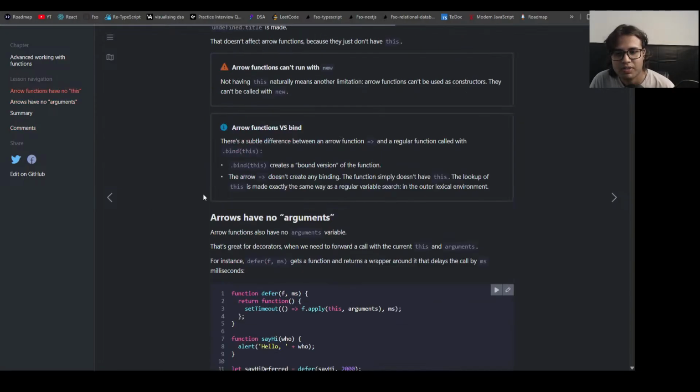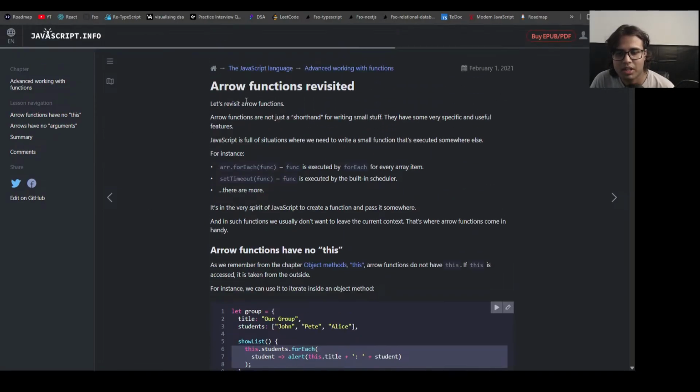Arrow functions revisited. Let's revisit arrow functions. Arrow functions are not just a shorthand for writing small stuff. They have some very specific useful features. JavaScript